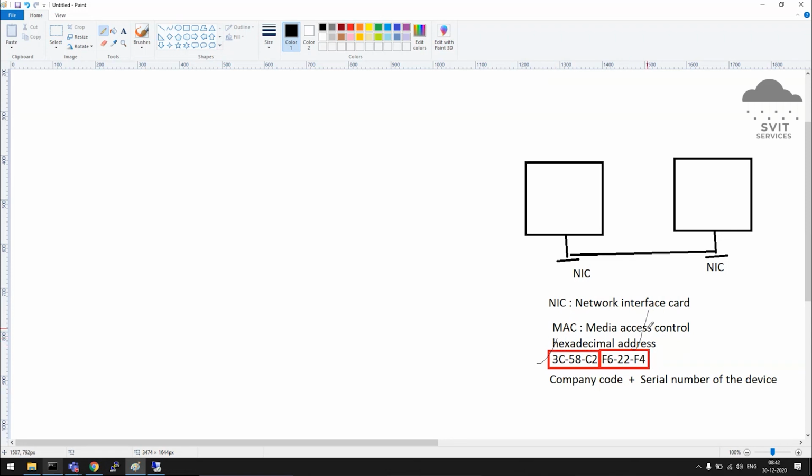This address may match somewhere, but this address will not match. Let's say company 1 manufactured an adapter and named it 01, serial number of the device is 1. Another company manufactures one more adapter and their serial number is also 1, but the company code will be different. That way it will not match anywhere in the world.